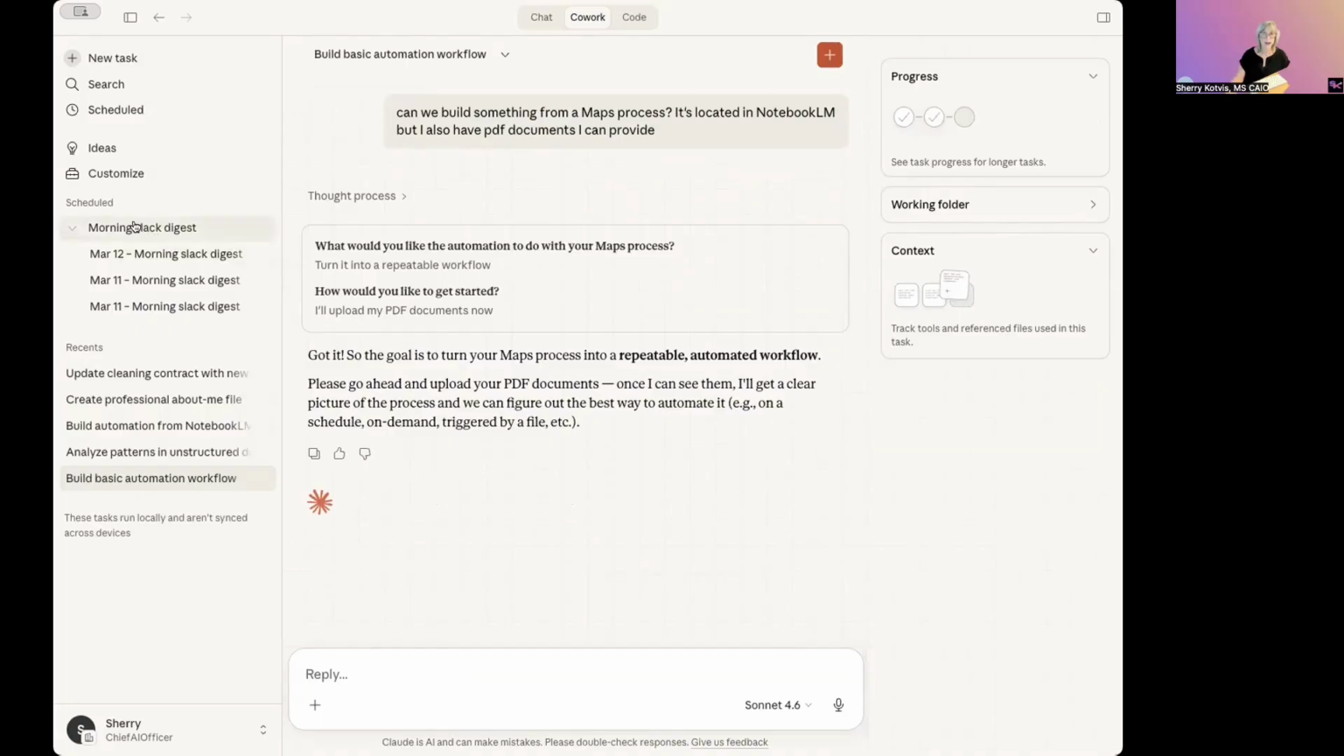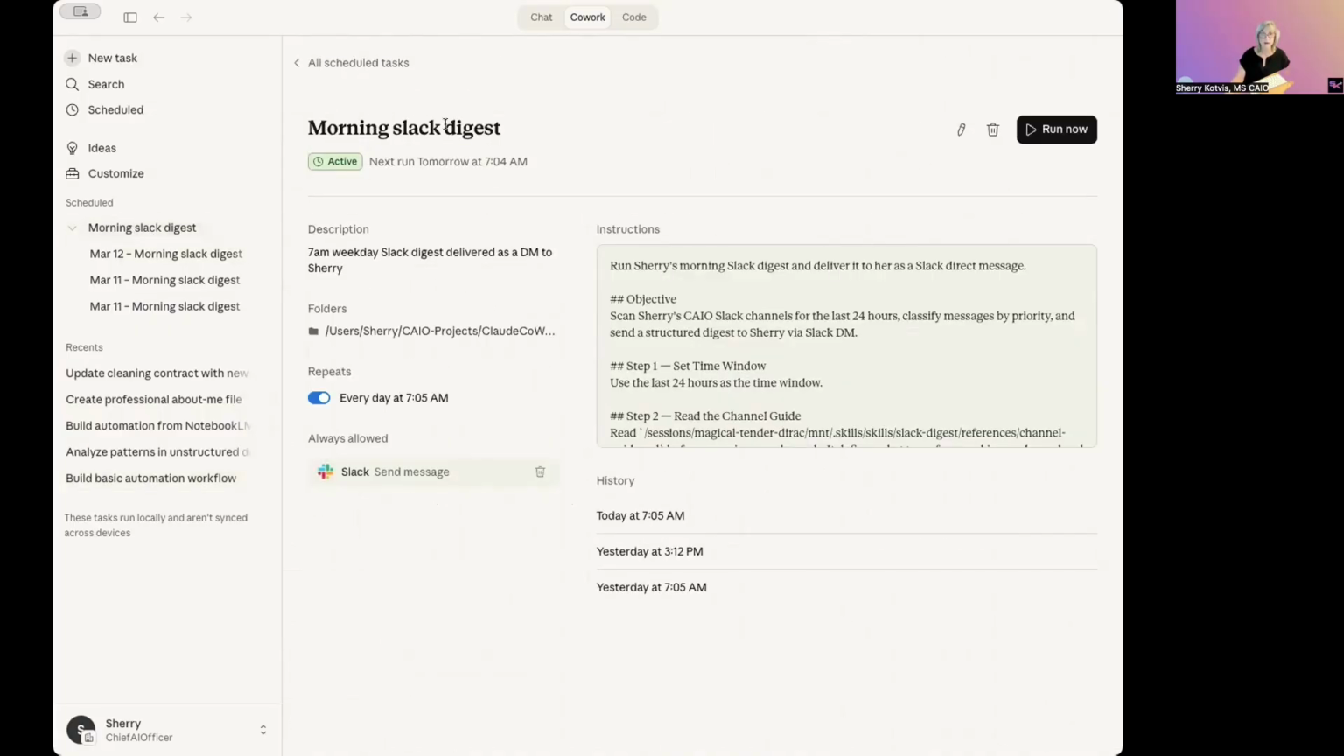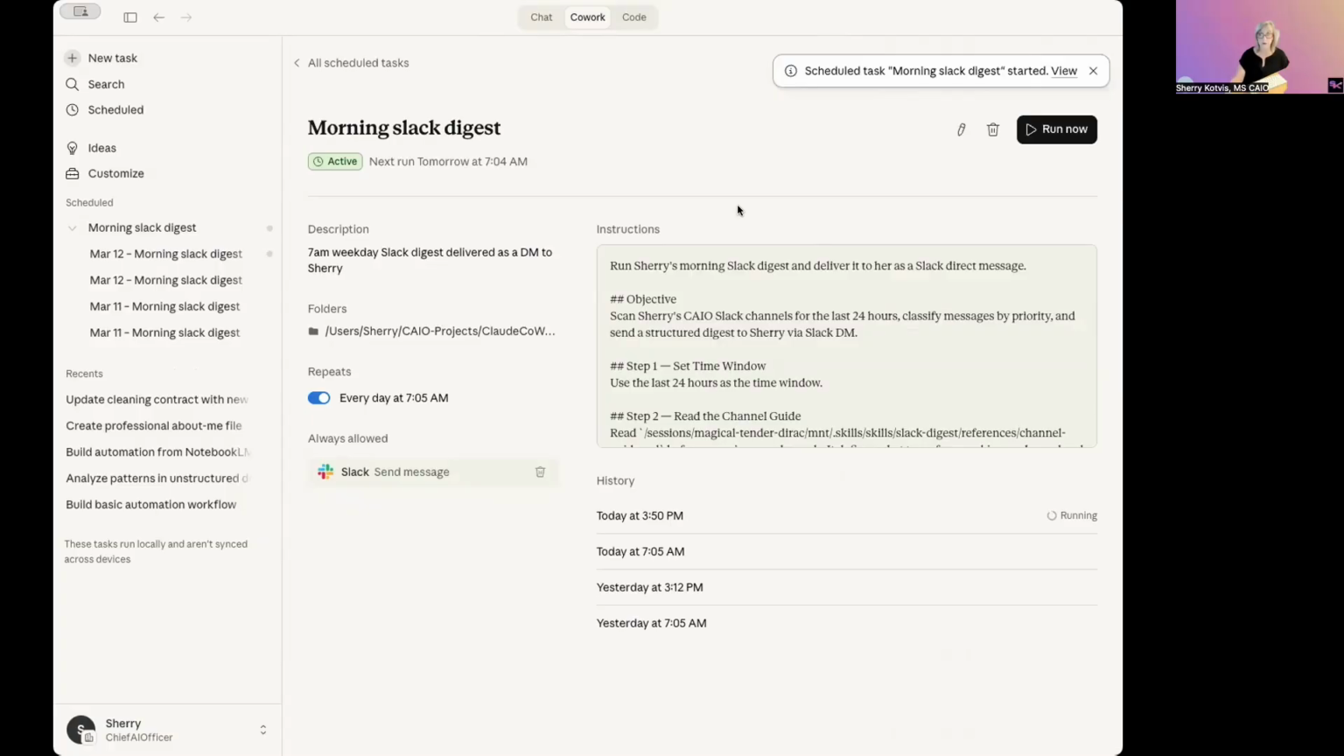And now what I have is a morning Slack digest. Every morning at 7 a.m., it's going to run a Slack digest for me automatically. Now I can also run one right now. So it will tell me if anything is happening right now, something new that I didn't see during the day. So it's running it for me at the moment. You can see